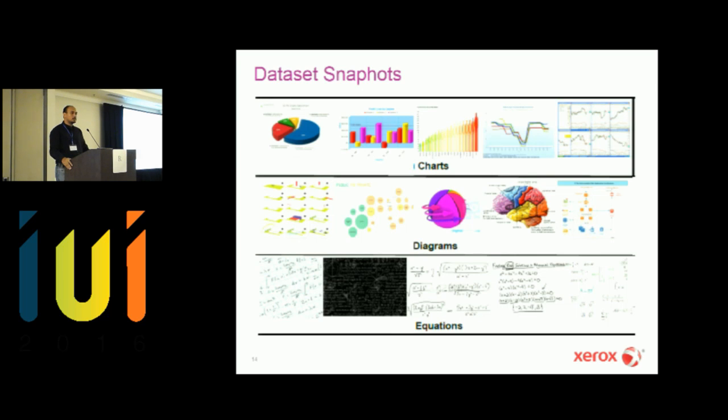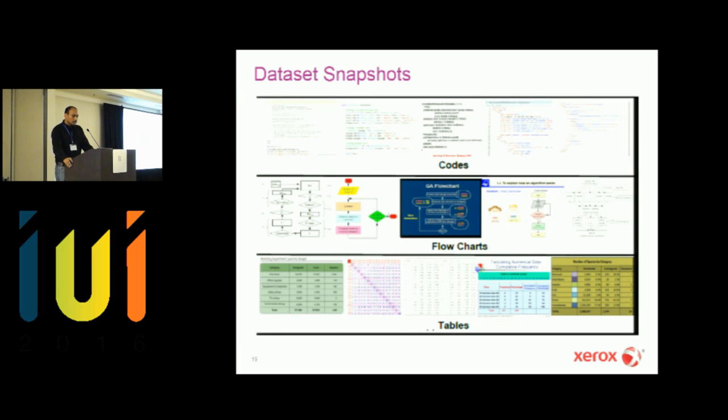So these are some of the snapshots that I have, which show what kind of categories it has. For instance, these are the charts that we had. There were different kinds of diagrams. You see the heterogeneity, the make of these diagrams or figures was totally different, which makes this problem very interesting. As well as the equations, it could be just one equation or a full slide full of equations. Same thing goes for the code blocks. Many times these slide-based videos have code embedded into them, so you want to localize as well as classify them. Then there are flowcharts and tables. These are the six different anchor points that I talked about earlier.